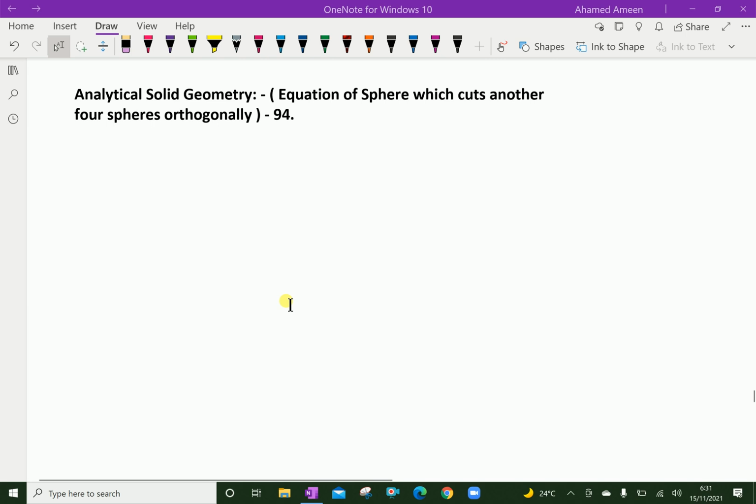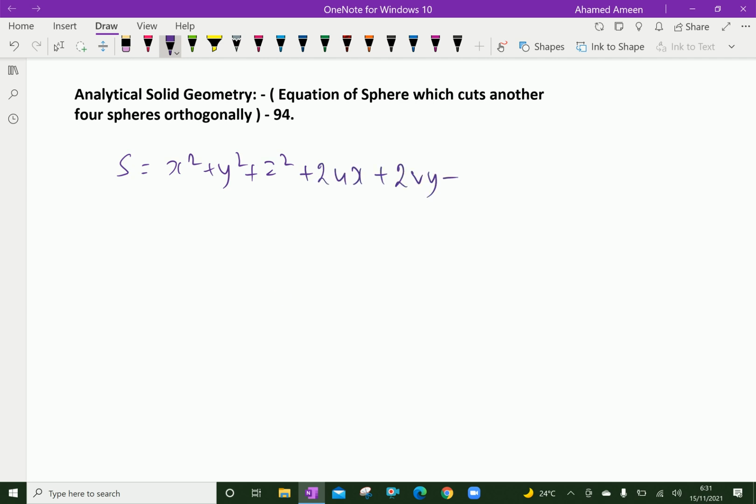Let the given sphere be x square plus y square plus z square plus 2ux plus 2vy plus 2wz plus d equal to 0. It's the general form of the equation of the sphere. Now, another